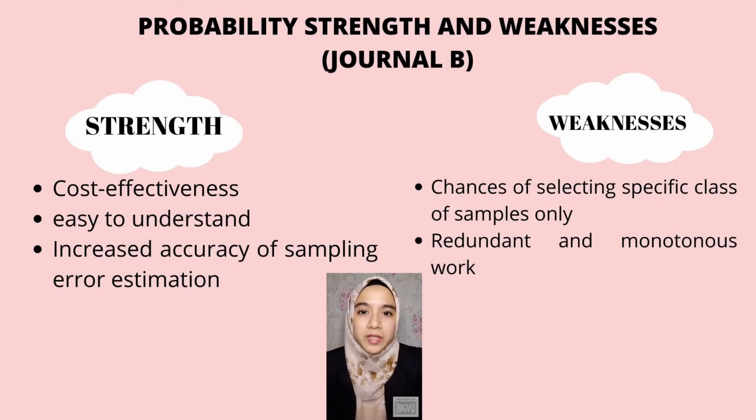We move to the advantages of probability sampling. The first one is cost effectiveness. This method is both cost and time effective, and a bigger sample can be picked by assigning numbers to the sample and then selecting random numbers from the larger sample. Both probability sampling and non-probability sampling are techniques used to sample members of a population and select them to participate in a study. However, both types of sampling technique have differences in their processing.